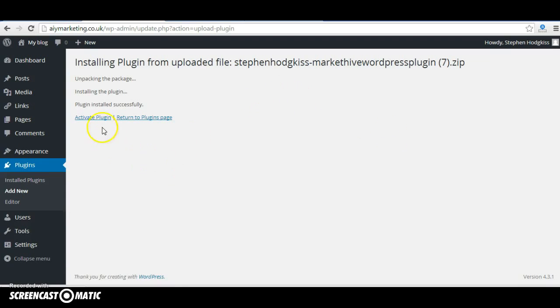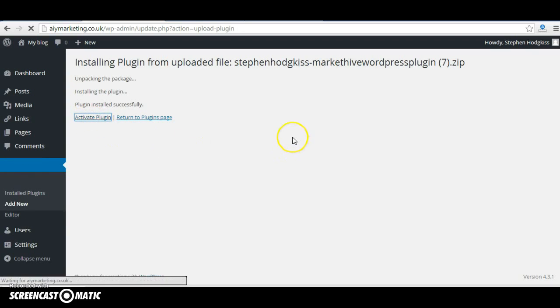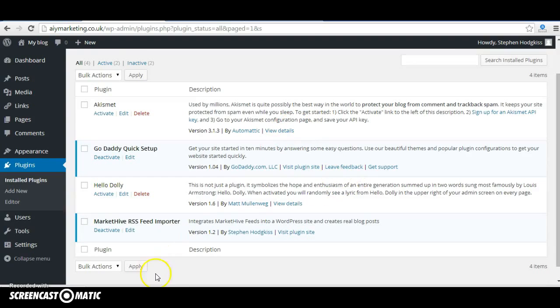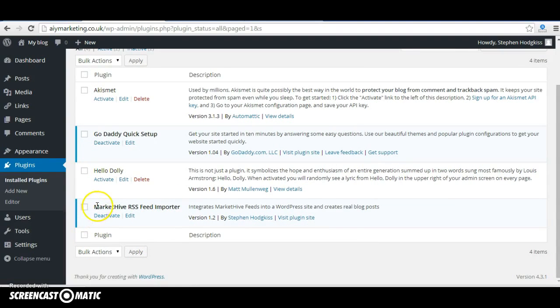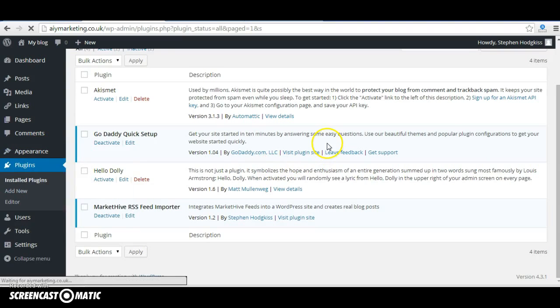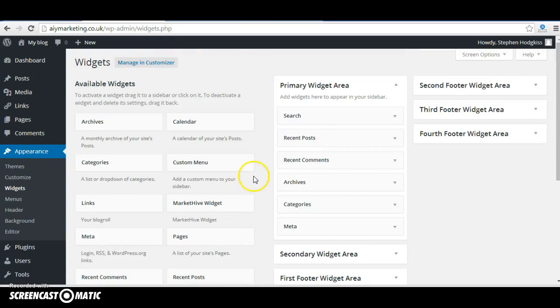Then you go to uploaded it and click on the activate plugin. And there we have it. It's now installed, and you can see it's obviously here, MarketHive RSS feed importer. So it's actually imported it and set it up already. Now one thing you need to do as well is that as part of the plugin, if you want to use it, there's actually a sidebar widget. So if I go into appearance now and click on the widgets menu item, and we scroll down,